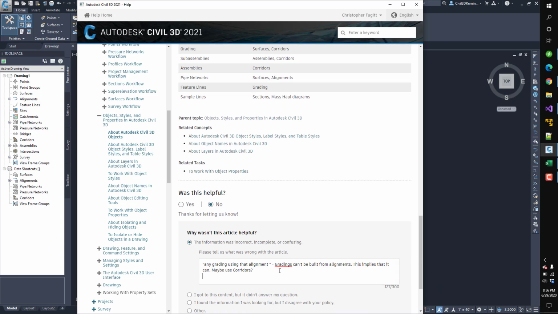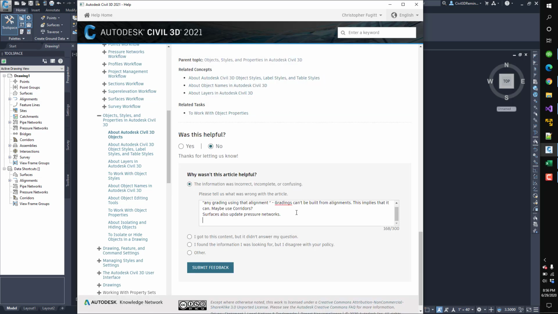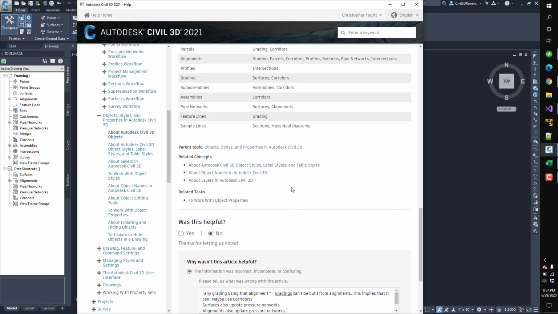So surfaces, parcels, grading, corridors, alignments, grading, parcels, corridors, profiles, sections, pipe networks, intersections. Profiles, intersections,